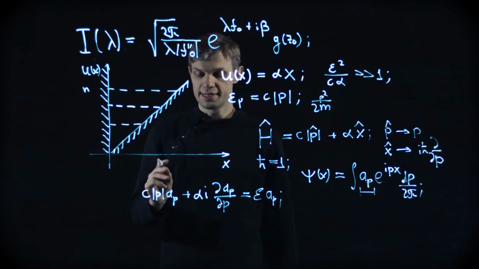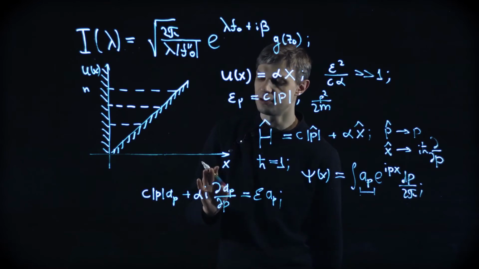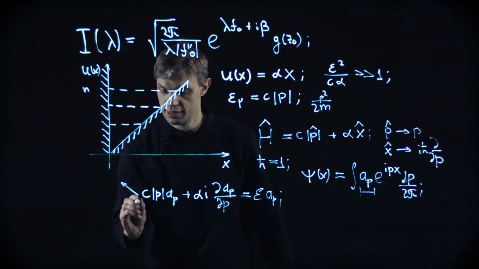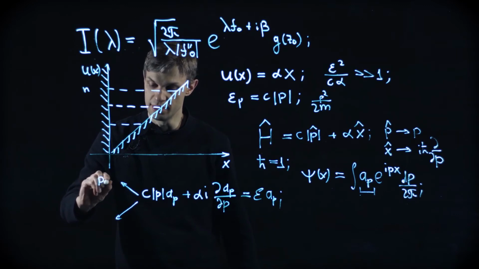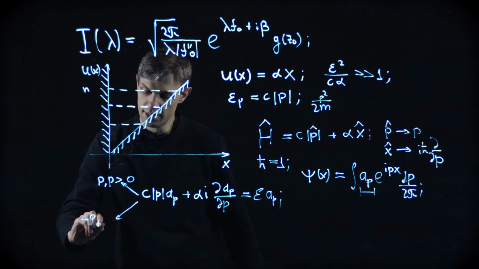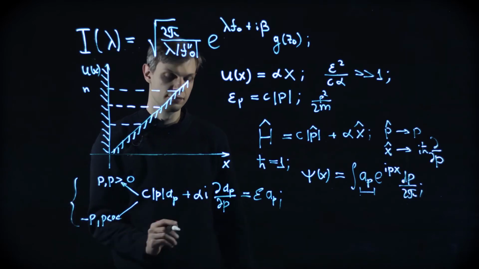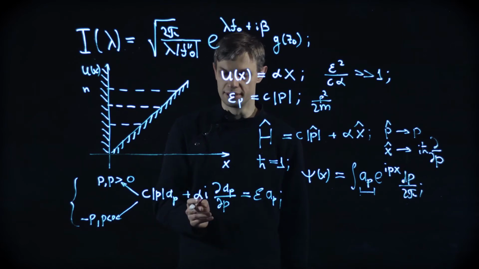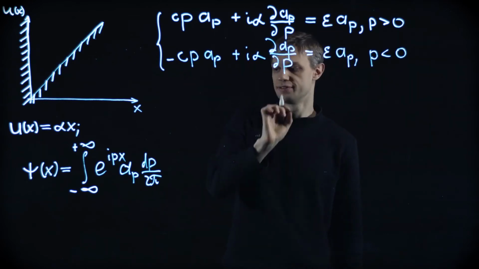Now you clearly see that it's a simple first-order differential equation, which is quite easily solved. The only subtlety here is that instead of just momentum, we have the modulus of the momentum. So we have to consider two cases, positive and negative momentum. Modulus of p is equal to p if p is positive, and minus p if p is negative. You may write down the solution of this equation by yourself in a minute.